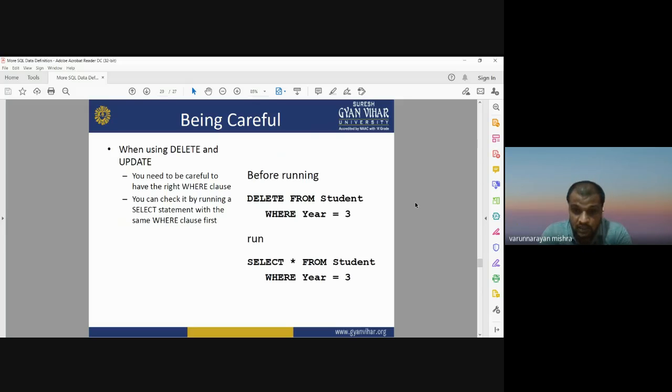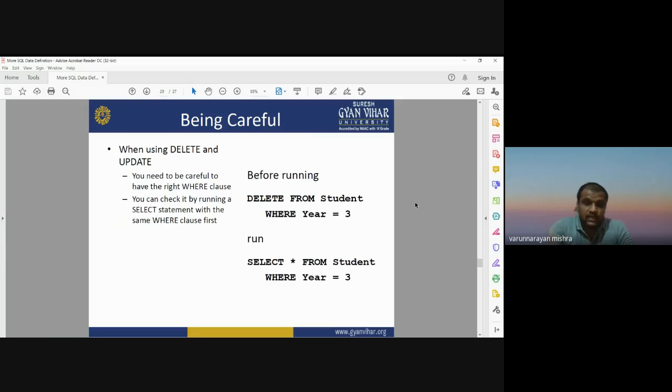Okay, in the same way, for the select command, you want to run select from the table and select only the students who are in year 2 or 3. So you will write the command select star from student table where year is equal to 3.